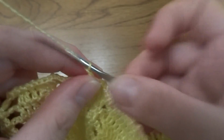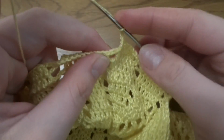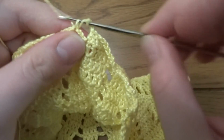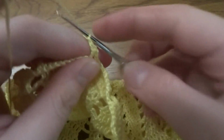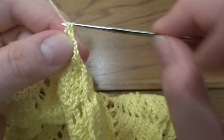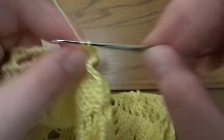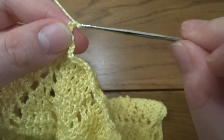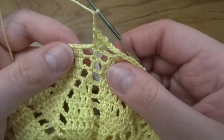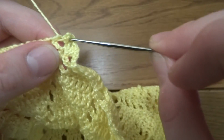Chain of 3, 1, 2, 3. Into our 1 double crochet we have to make 1 double crochet, then chain 1, another double crochet, chain 1 and third double crochet into the same stitch, chain 3, 1, 2, 3, into the first 2 stitches again we are working a decrease,